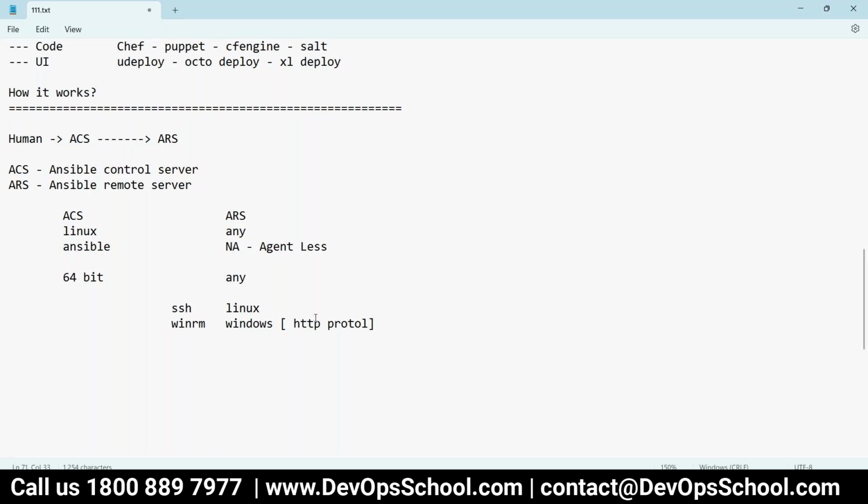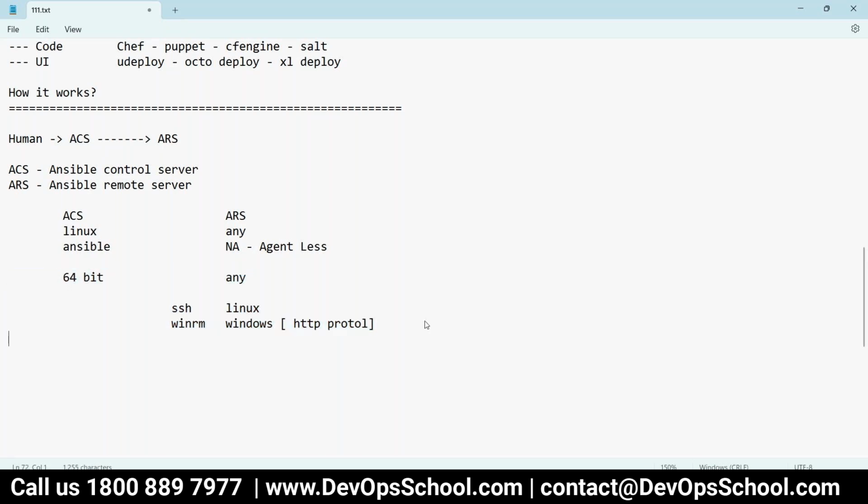Earlier it was not, so people were installing it separately. But nowadays you get it as part of your server. Maybe it's installed but not enabled, so you have to check that. In Windows Server it is enabled, but on your machine, you have to check whether it's enabled or not. So this is an HTTP protocol, WinRM, which is how ACS and ARS communicate.